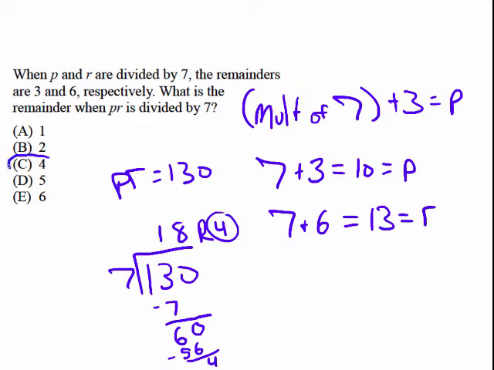That's our answer. I want to give you another way to do this just for fun. You've got your calculator with you. Hopefully you're watching these videos with the calculator with you. So if you want to find remainders with your calculator, here's what you do. You type in 130 over 7. I'm doing it on my calculator too. You do 130 over 7, and you're going to get